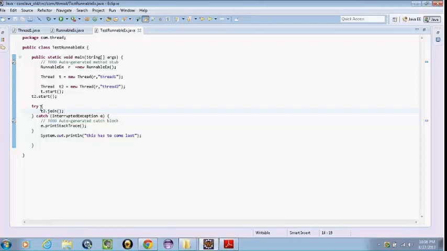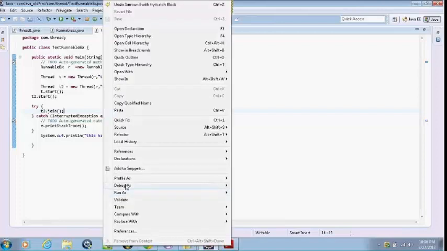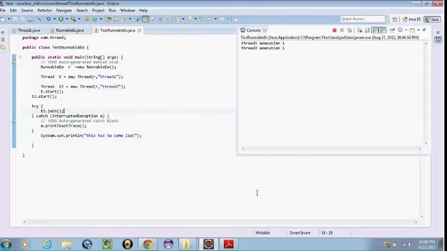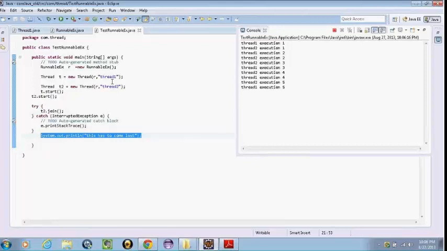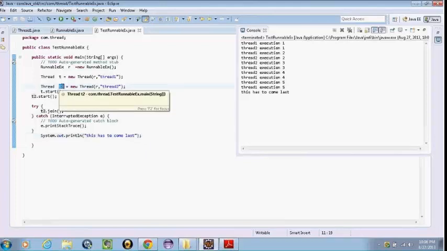Let's say I don't have this code, folks, follow this, this is very important. When I run this, you see, this is not coming last. The main thread, which is executing this, has executed way before T2, which doesn't happen when I say T2.join.